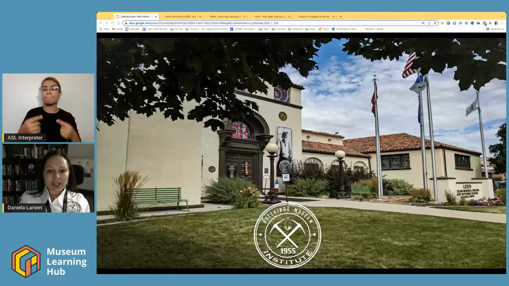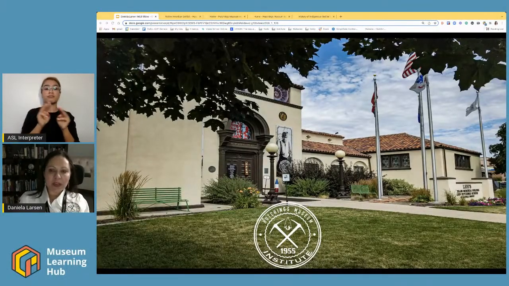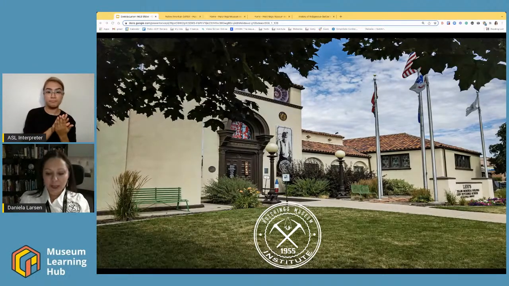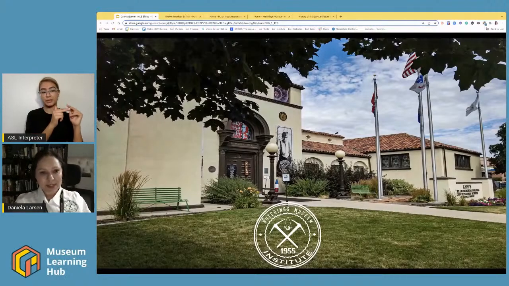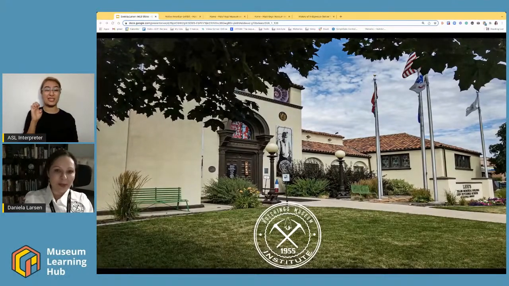We're going to just take a little step back in time as we talk about the museum, and how we really got into doing a lot of the digital things that we're having so much fun with right now. This is our building. We're actually housed in what is called the Veterans Memorial Building. If you're back east, it doesn't sound that old, but for us, it's pretty old out here in the West.